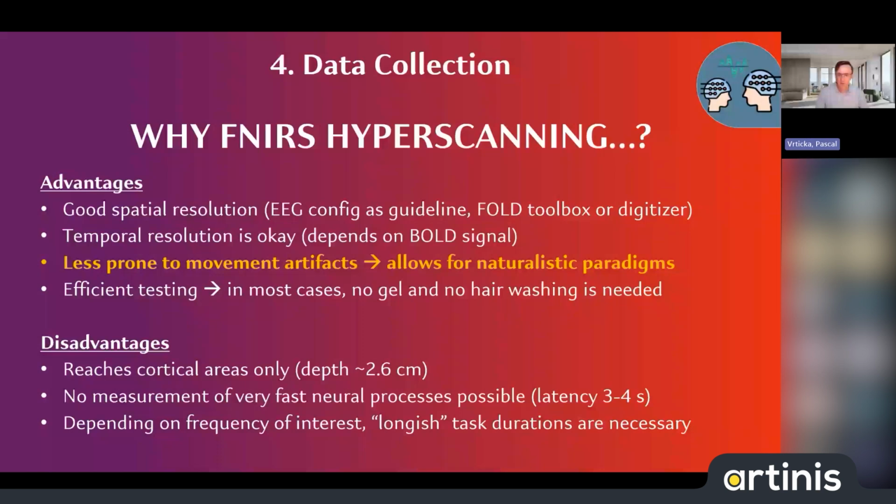But overall, I think the advantages clearly outweigh the disadvantages, especially if we are aware of some of the limitations and we take the right measures to mitigate them already from planning the study, but also then when analyzing the data. In terms of spatial resolution,